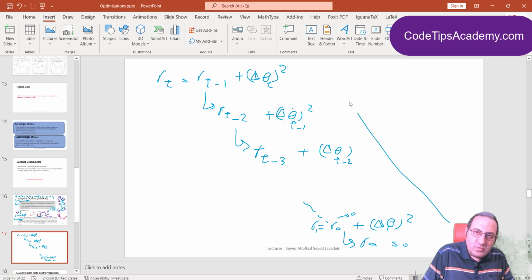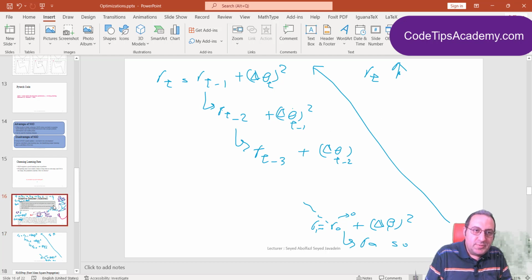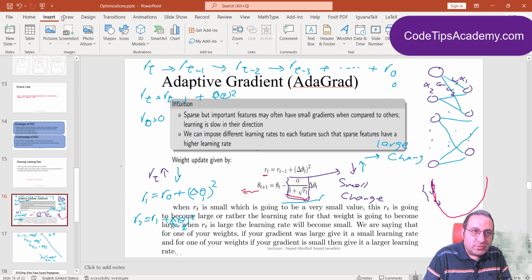This means that when we go from R0 to RT, if we go in the next steps, forward to reach the global minimum, the amount of RT will go larger. But here the amount of RT is very small. Going in this direction, the amount of RT goes larger. Okay, according to this formula,